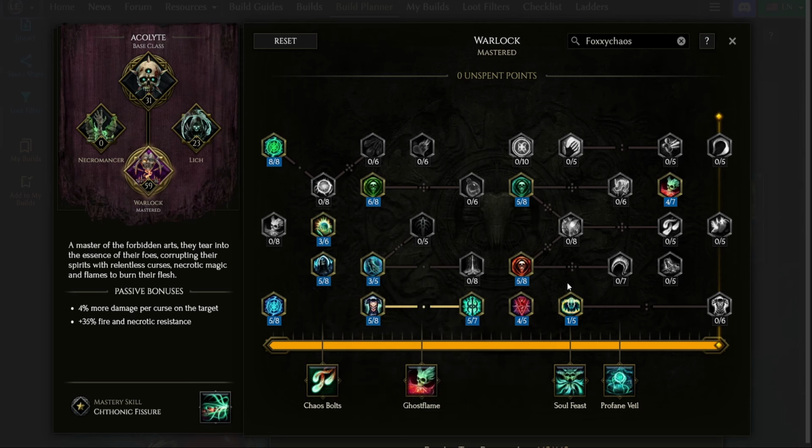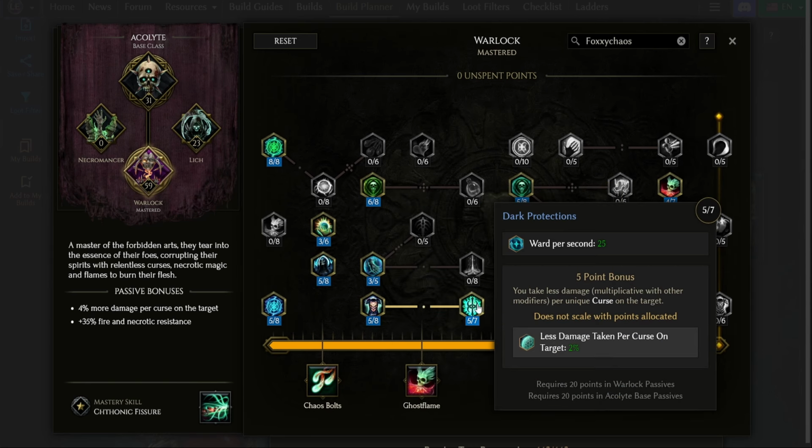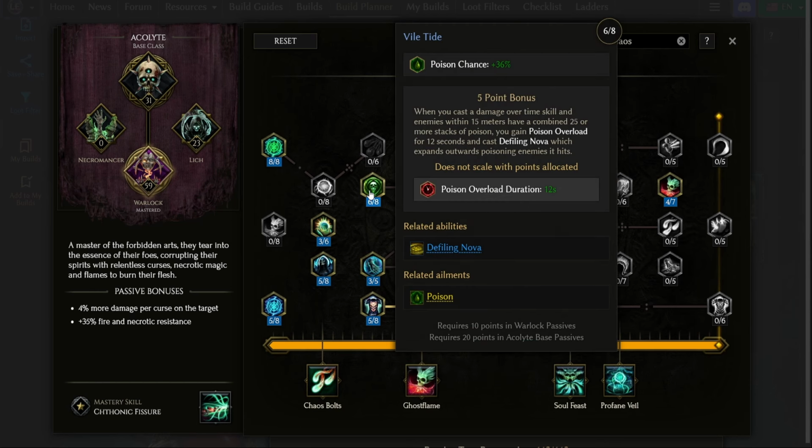We're giving them away. And then here we've got some defensive nodes to get a bit more armor per curse and less damage taken per curse. So this is why we're stacking curses, for all these juicy synergies. Bit more ward decay threshold as well, and ward gained on kill. And the rest is mainly like poison,